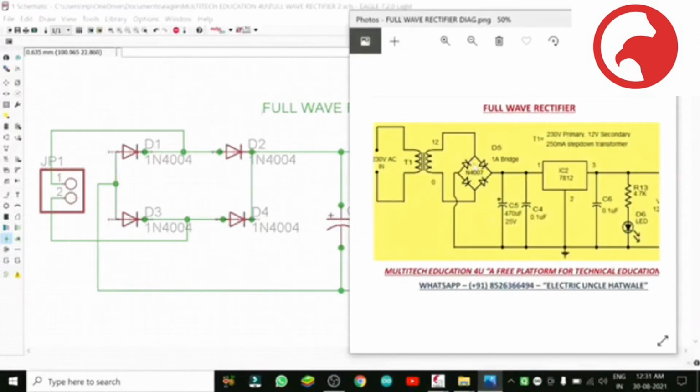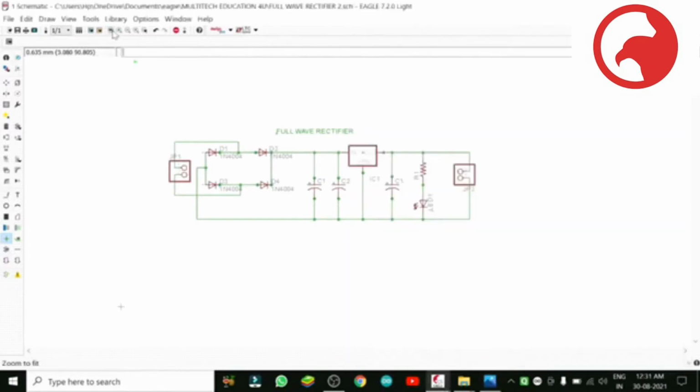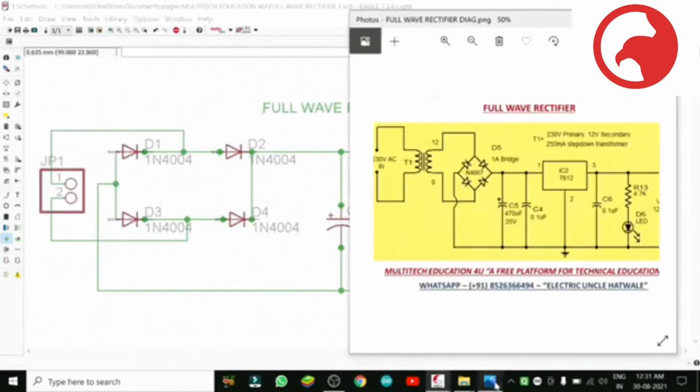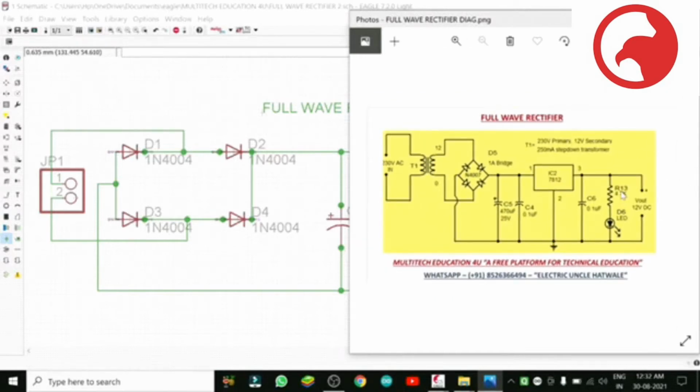So value we will see from here, but I have used a little different. The diode is 4007, but 4004 is also the same, and that is a fixed value, so no need to change that. And then for the capacitor I have used 1000 microfarad. In the drawing it is 470. Because at 12 volt 1 ampere the system becomes a little strong. This is a 1 ampere circuit, 12 volt. This value also we can change, but we will keep it the same.